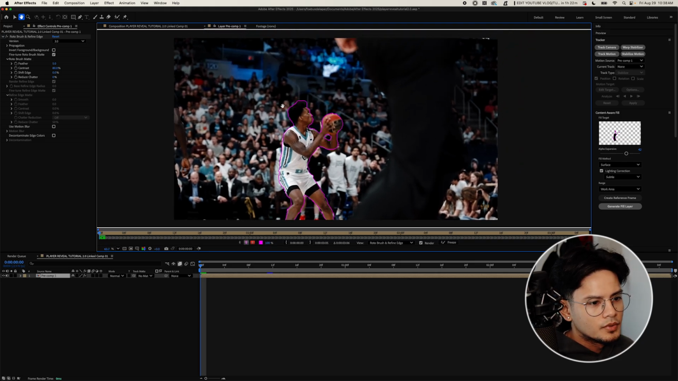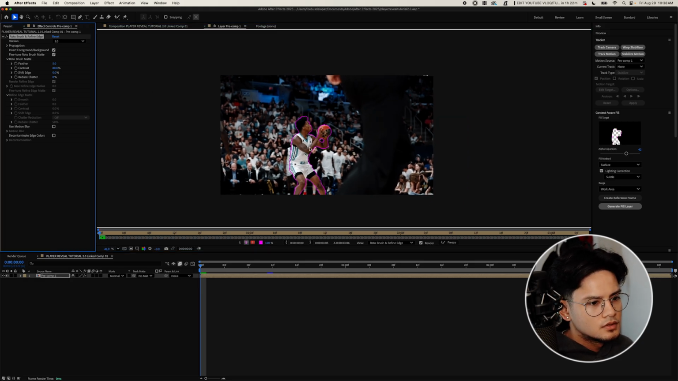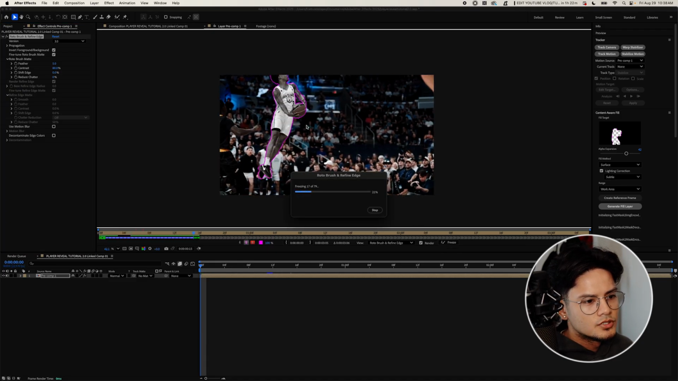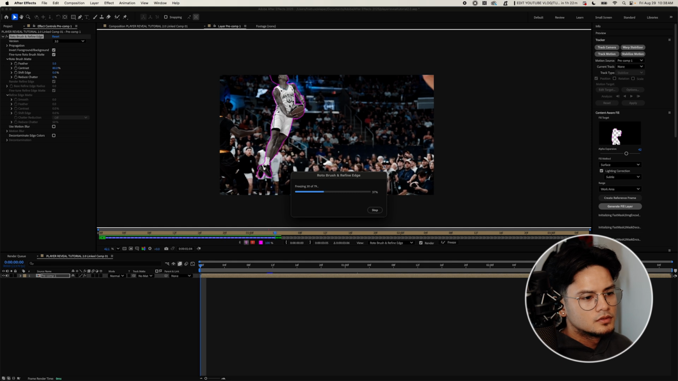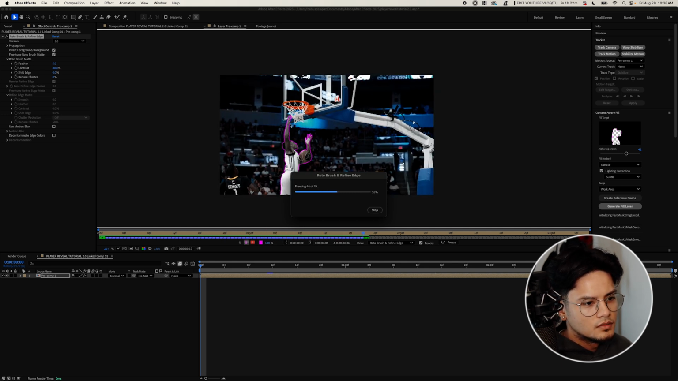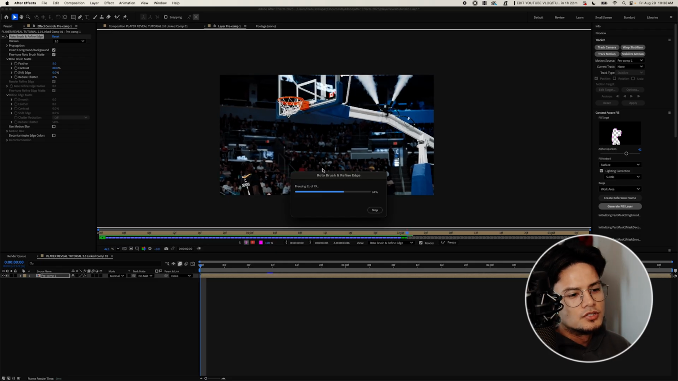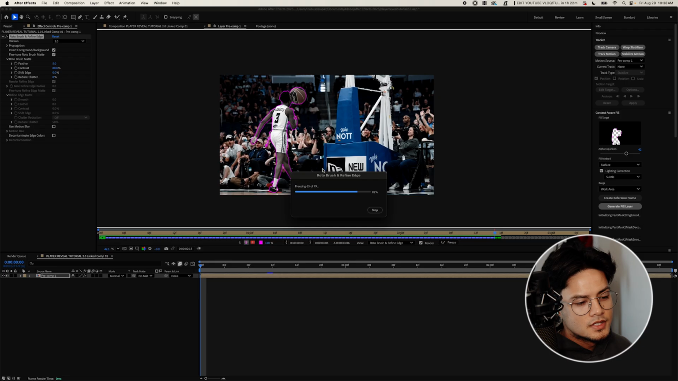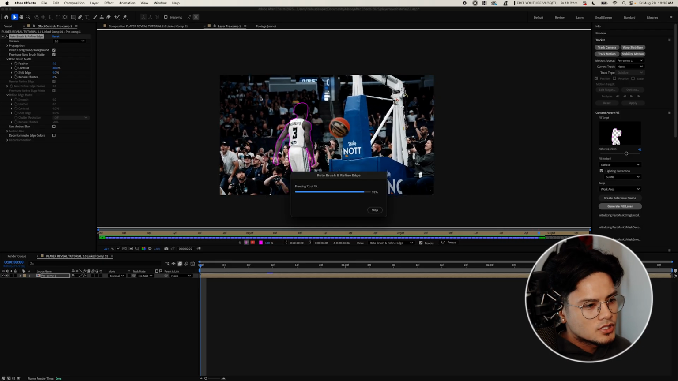And once you have your player selected, select invert foreground / background, and once you have that selected, click freeze. And then it's going to rotoscope our player out. And this is nice because the rotoscope did so well that we don't even have to go back. A lot of the times it will catch a player or